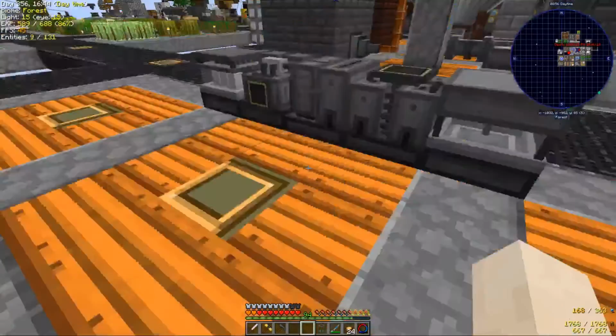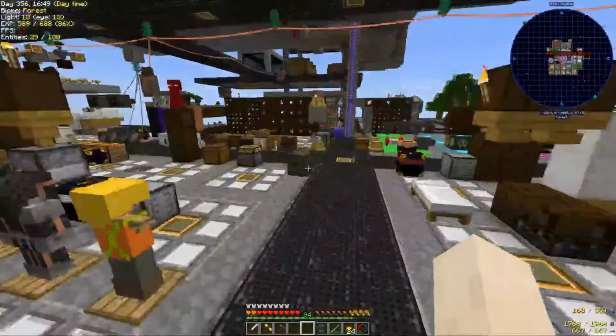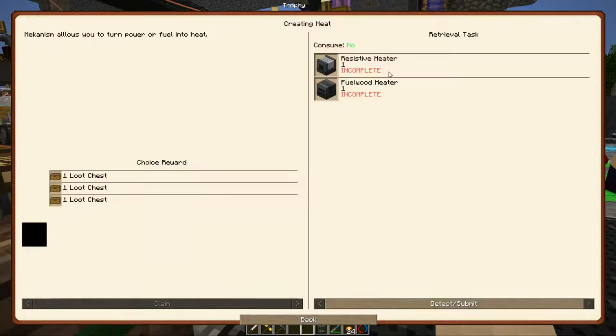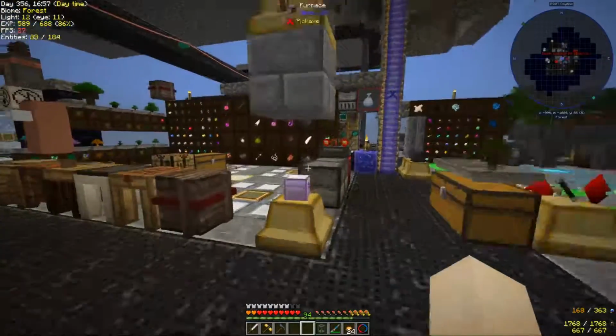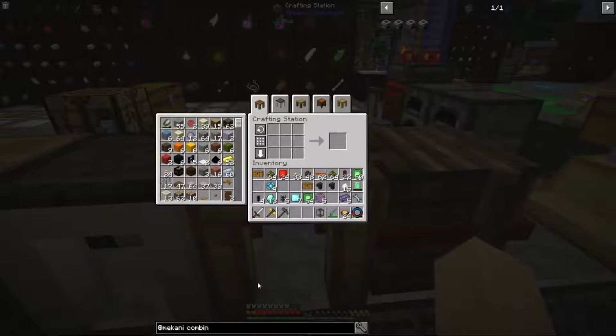But now we're going to let that continue and we're going to have to come back to that later. So let's go back right here and see what else we can craft. We can't make the combiner right now, but let's go into these less useful things. Creating heat. Mekanism allows you to turn power or fuel into heat. So we want a resistive heater. So heater,